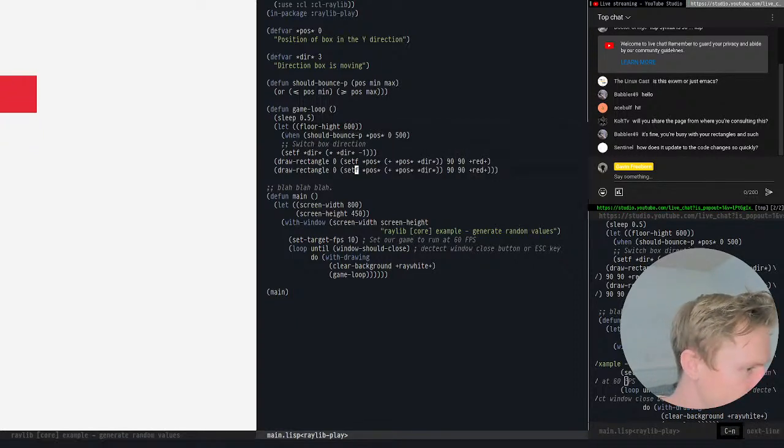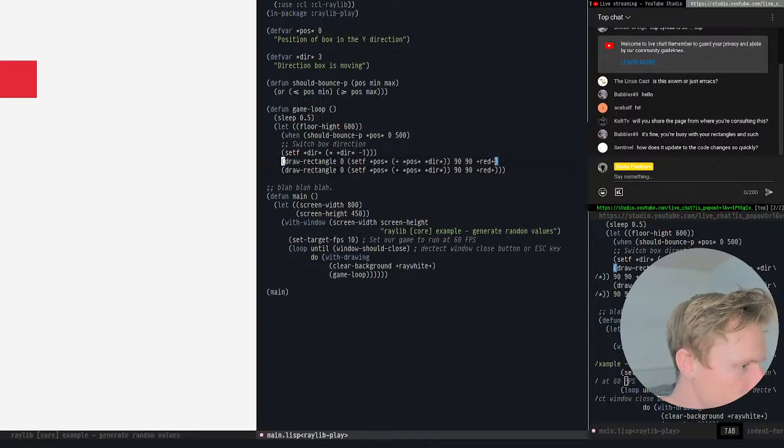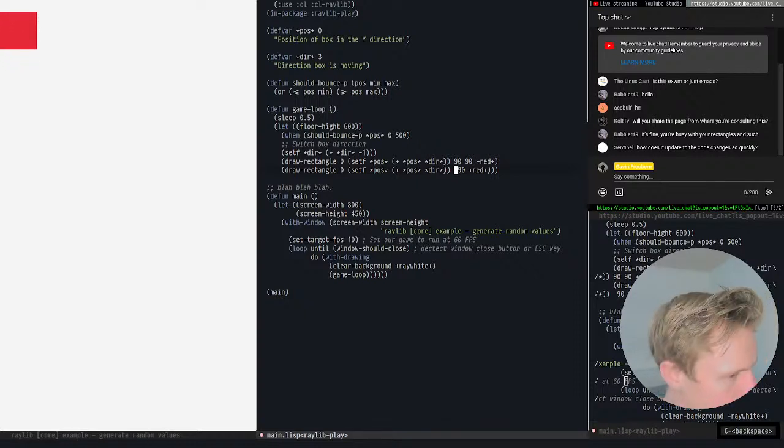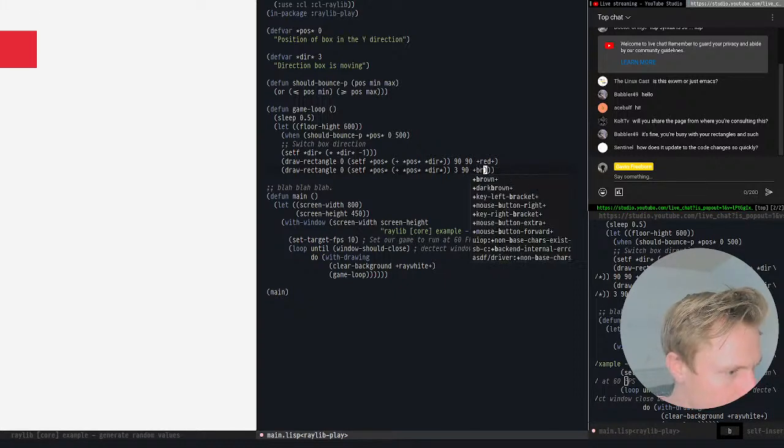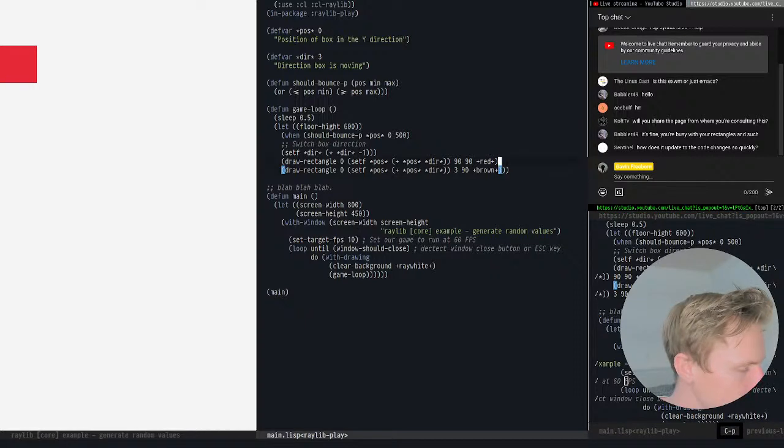Now we're going to draw a new rect, which will have the width, I think, of 3. It is red, and we'll change this to plus brown. Okay, now if we compile that,